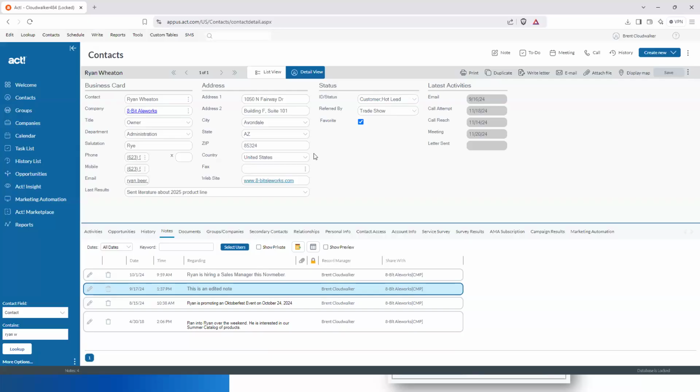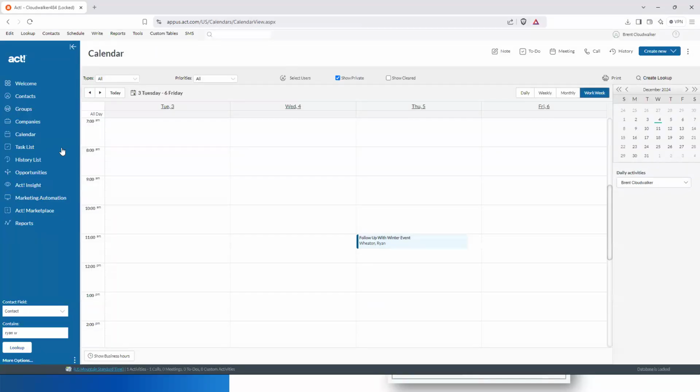Next up, I want to show you some preferences that you can set for your calendar. But before I do that, let's go look at the calendar real quick to see what our current settings are. I'm going to go to my work week calendar, and we can see that my work week for this company, I have set it so that my work week is four days of 10 hours each. So it's a Tuesday through Friday work week.